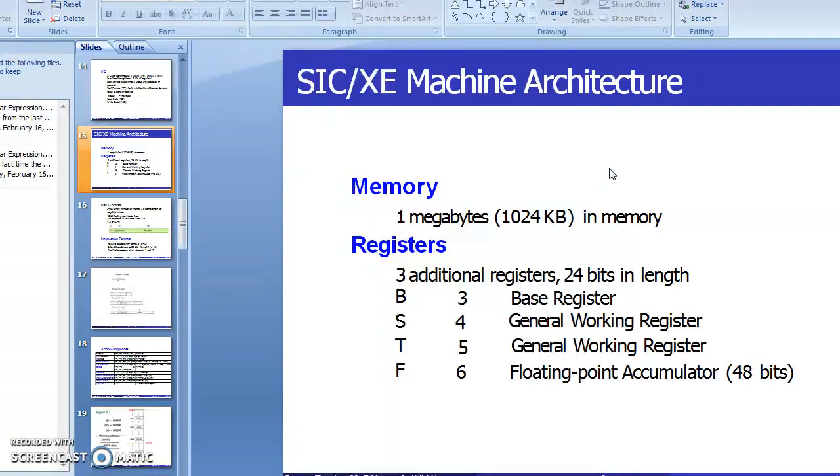Now we are going to take care of all the machine architecture elements. Number 1 is memory. All the same concepts appear as in SIC. The memory consists of 8-bit bytes. Any 3 consecutive bytes form a word. All addresses are byte addresses. Then we include the memory capacity. In SIC the total memory capacity is 2 power 15. In SIC/XE, the total memory capacity is 1 megabyte, in terms of KB, 1024 KB. That's the only deviation between SIC and SIC/XE.